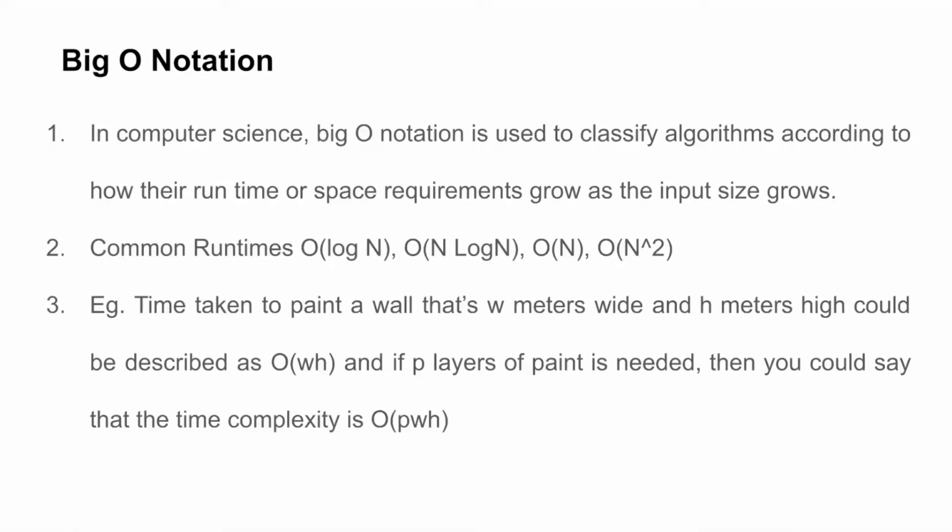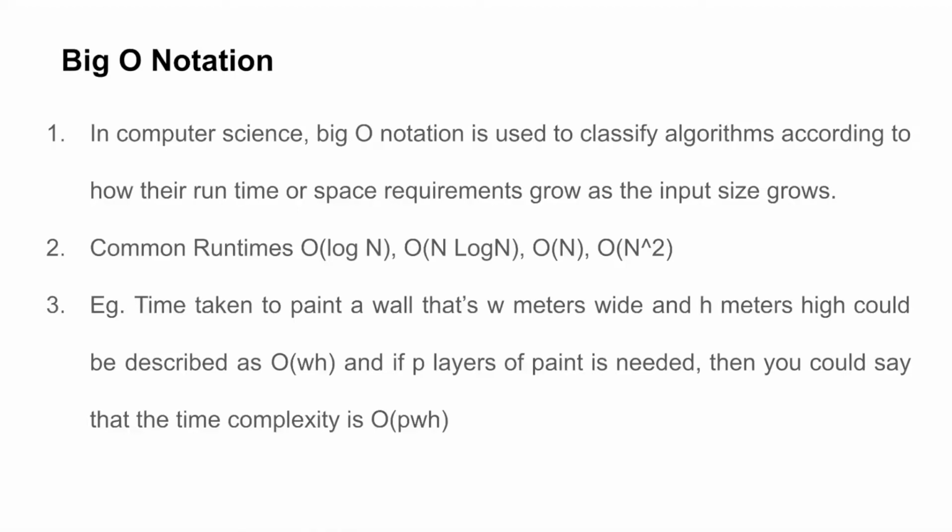Depending on their efficiency. So the big O notation is a way to do that. The big O notation is used to classify algorithms on how their runtime or space requirements grow as the input size grows. So it is essentially the rate of change of the time required or the space required by an algorithm depending